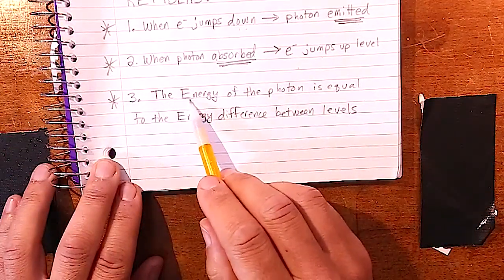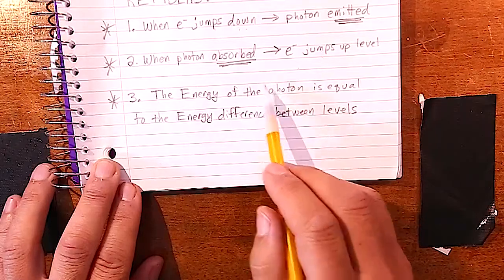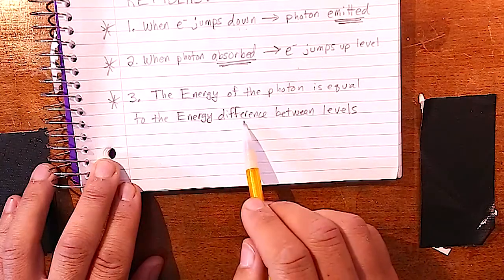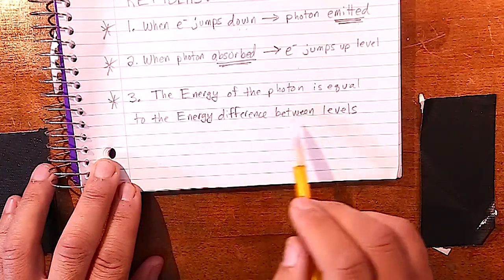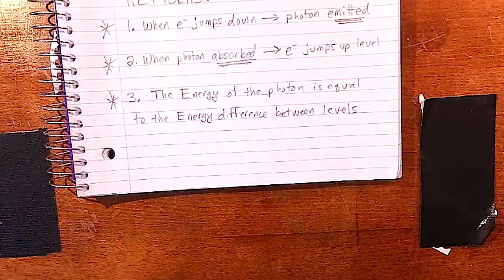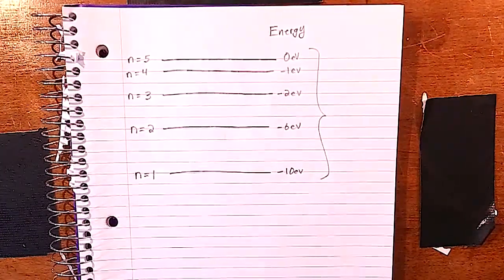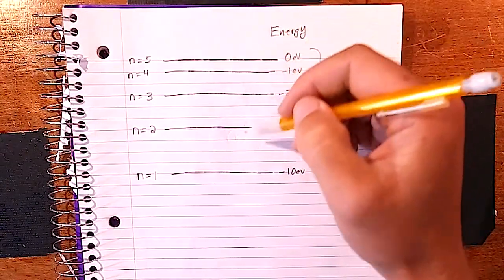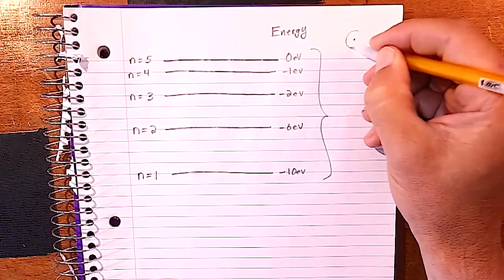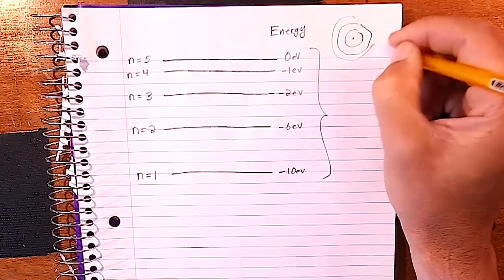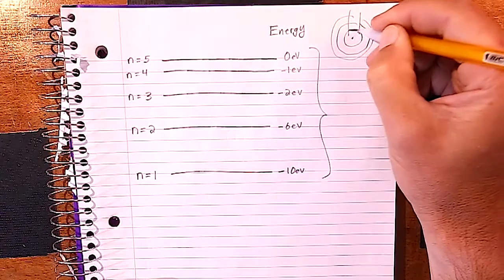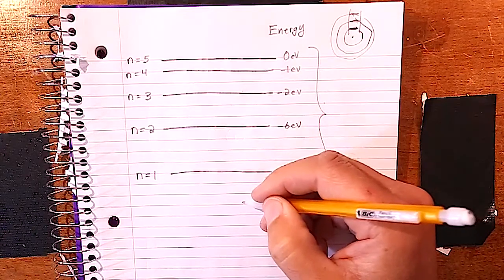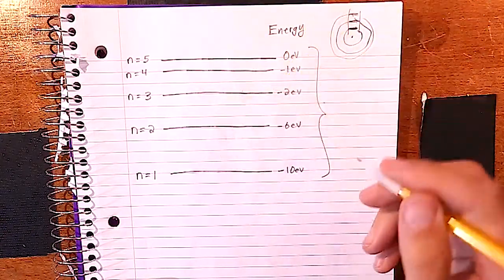And then finally, the energy of the photon, so this is the photon that's either absorbed or emitted, is equal to the energy difference, the subtraction between the levels. And that number we can use to actually calculate the frequency. So now we're going to look at some examples with numbers. So when we look at these levels, these are the parts of the circle. So when we had this circle like this, we're looking at a segment of this with each line. So each of these lines represents a level, and the nucleus would be down here, but we don't really care